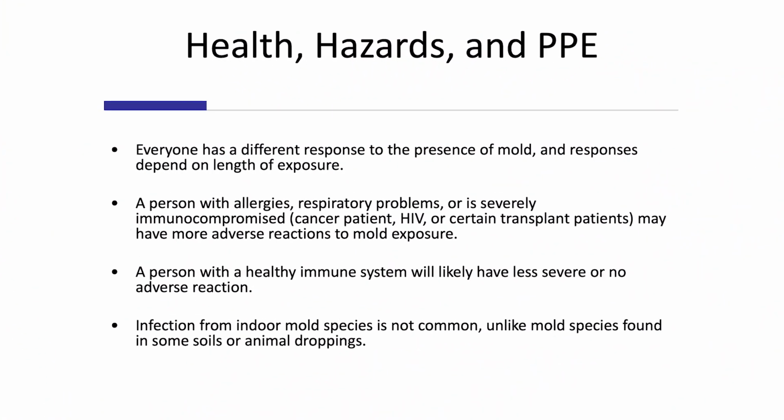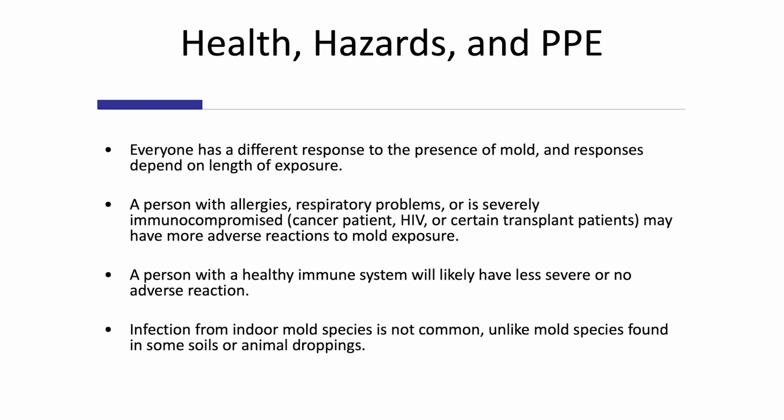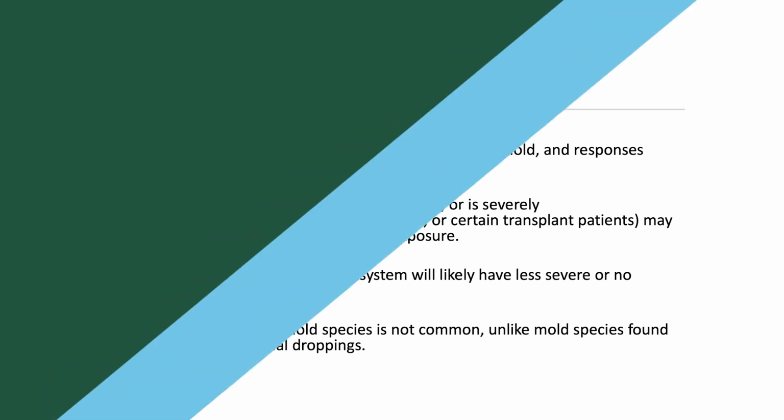Every person will have a different response to mold exposure, ranging from minimal to extreme. That response depends on length of exposure and pre-existing health conditions that might include things like asthma, allergies, or other immunocompromising conditions. So although some people might have a reaction to mold or find their reaction to mold exacerbated by these other health conditions, the kinds of mold we encounter in the archives are not usually dangerous. It's not the kind of mold that might infect a person, nor at the level of growth you might see related to big water emergencies, like a flood-damaged home.